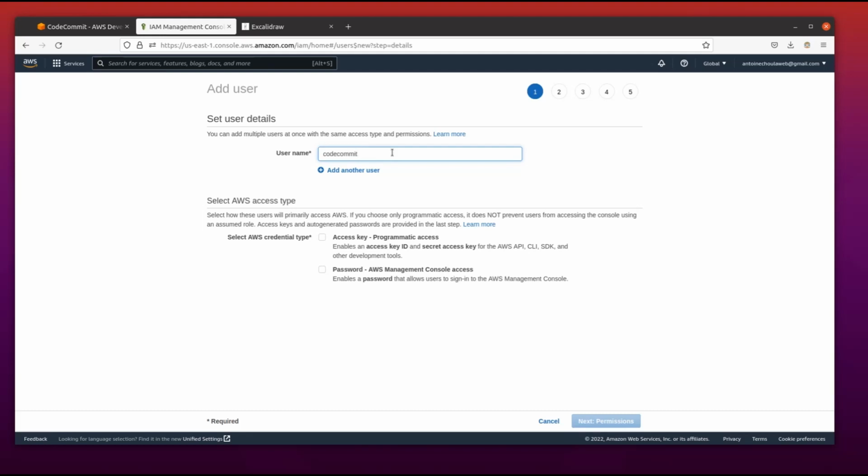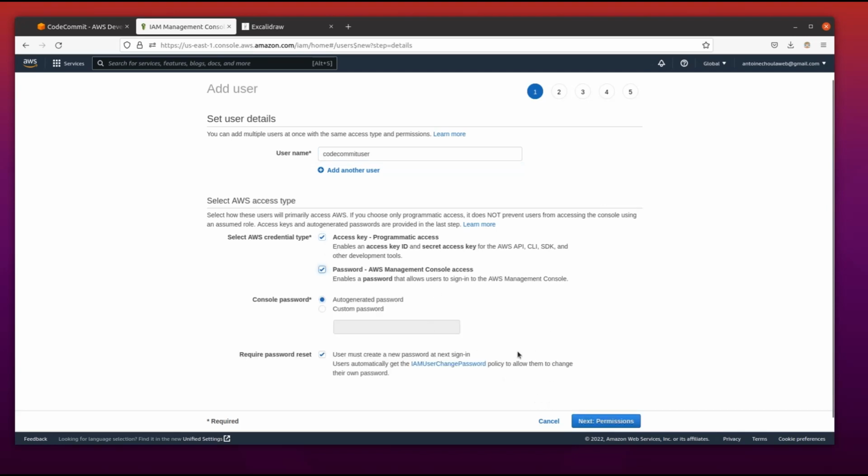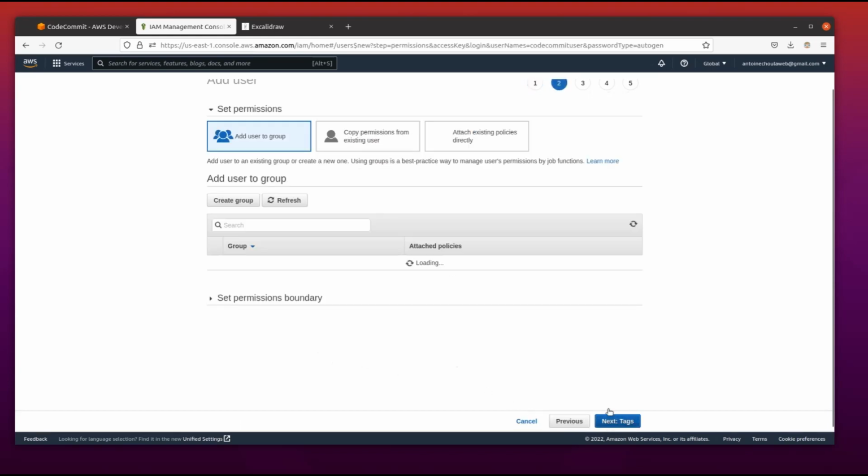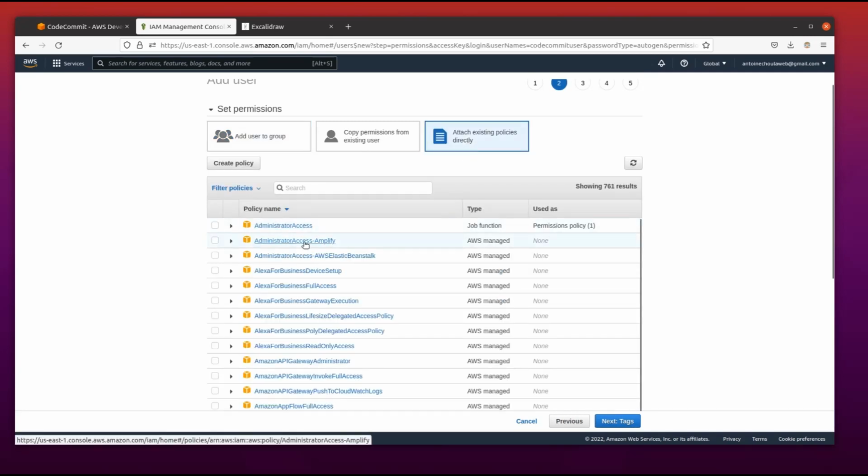We go to the next tab and attach him a policy so he will be able to access the different services. So he has all the rights. The code commit user will have the